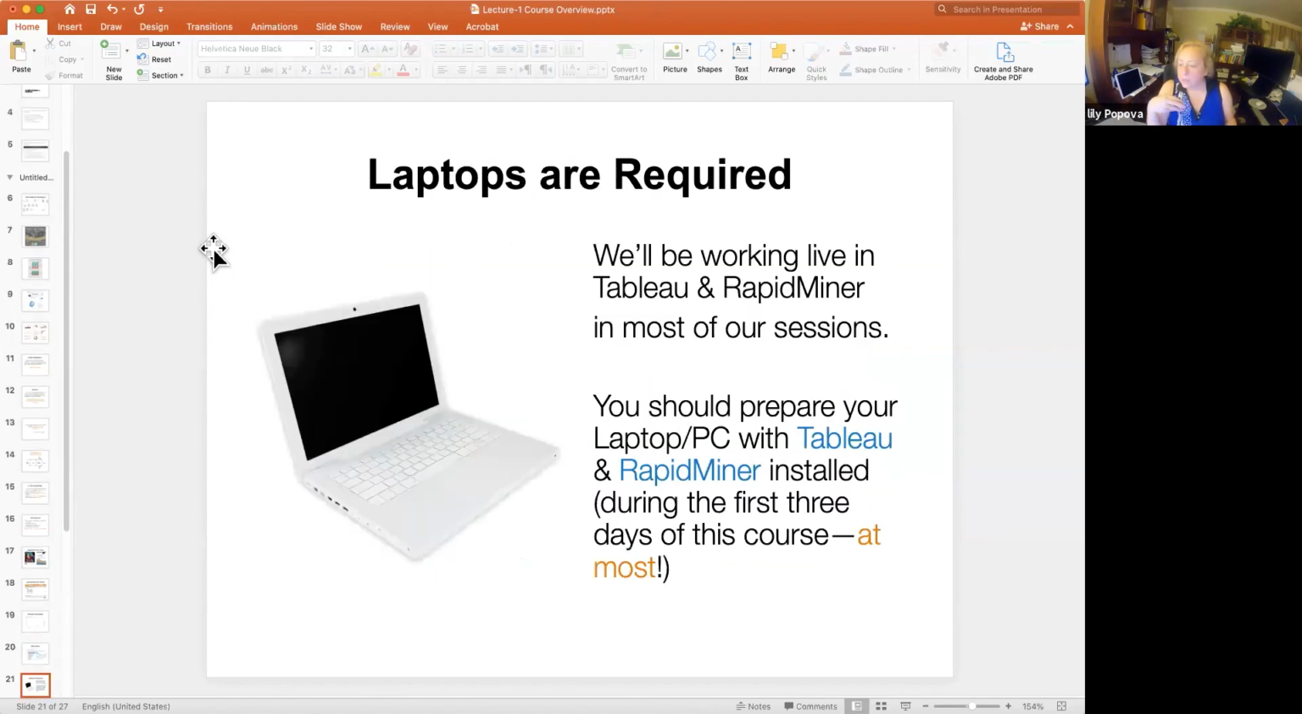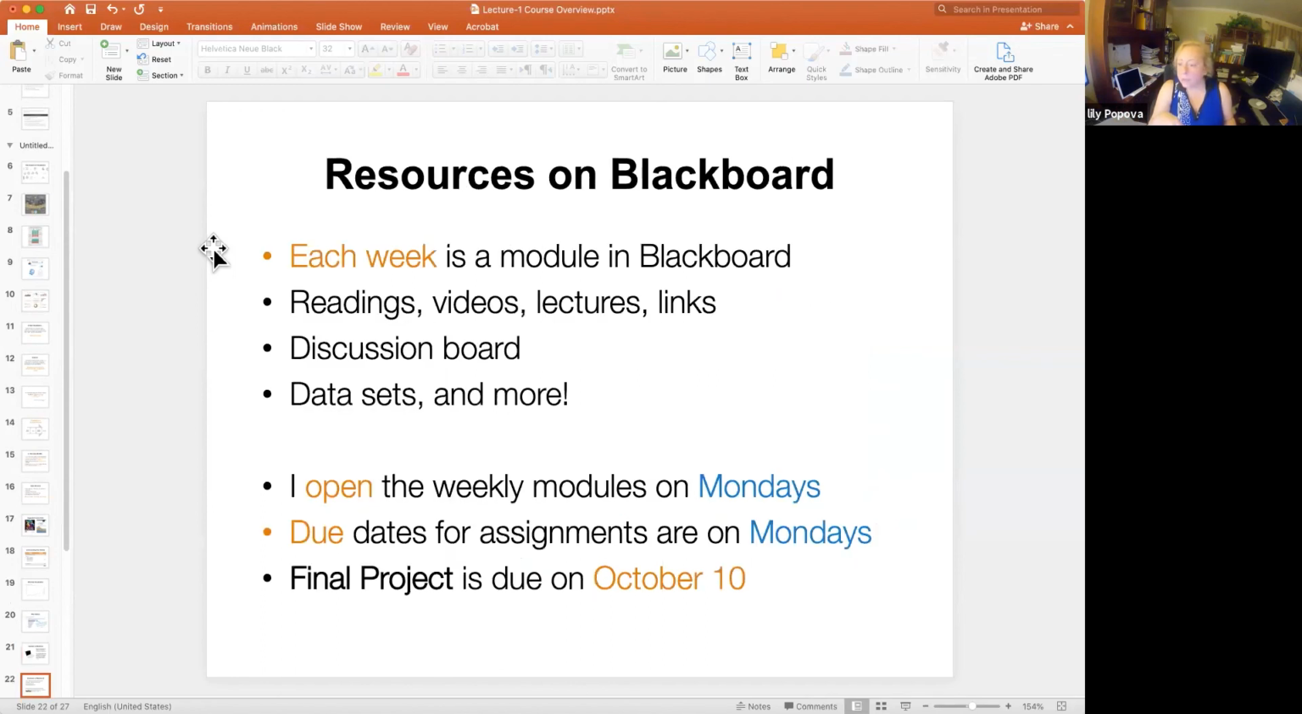Okay, so what do you need? You need a laptop or PC, and that should be a personal computer to be able to install those software and to be able to interact with the material in this course. Otherwise, you will not be able to practice, and you will not be able to finish the final project accordingly. What else? Each week you're gonna have resources, videos, and a lot of hands-on practice exercises that